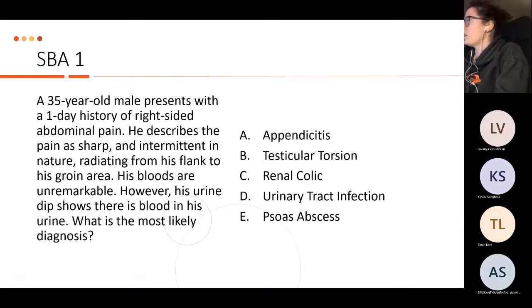So we will start with SBAs. I'm going to open the first poll on Vevox. Have a read of the question, and I'll give you a bit of time to answer. And if you haven't signed up, the link is in the chat, because it'd be great if all of you could join that.